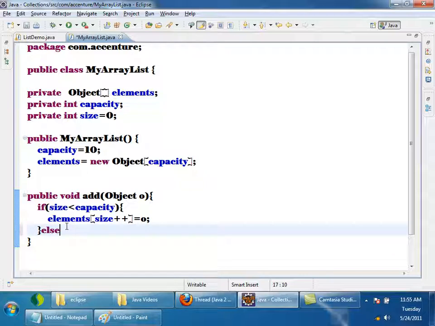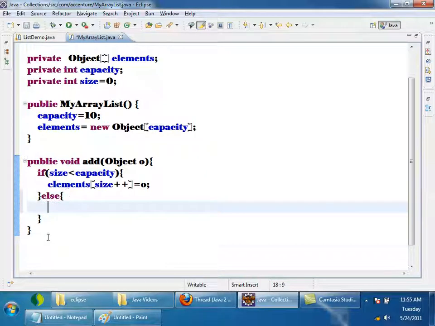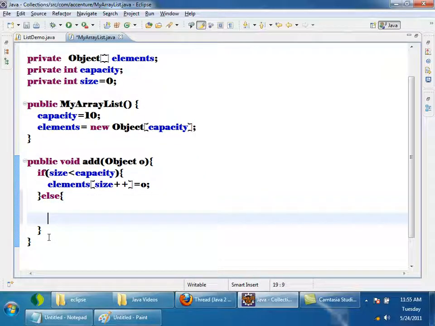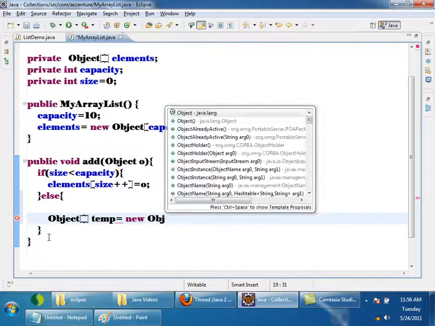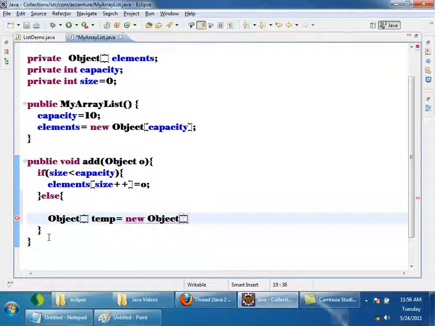Else. See the logic here, it's very interesting. Here I will create an object array temporary variable equals new object array, and before this I will say capacity is equals to 2 into capacity.